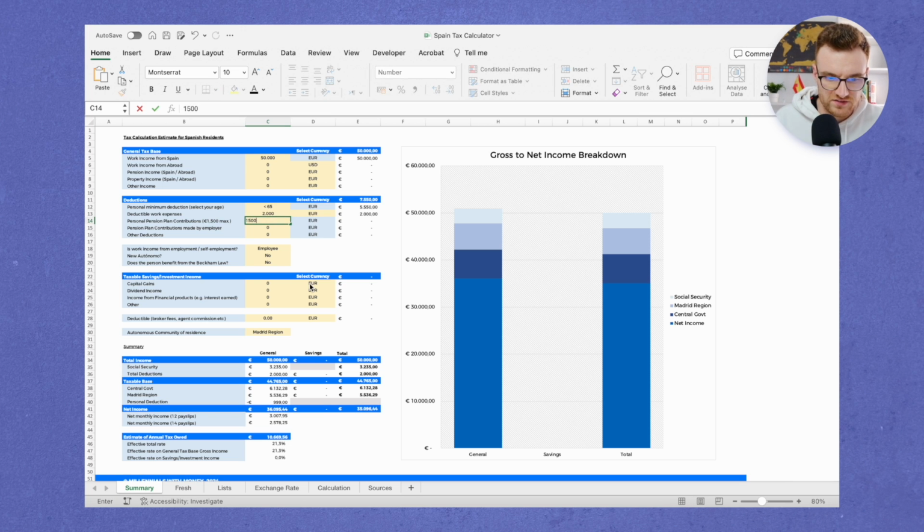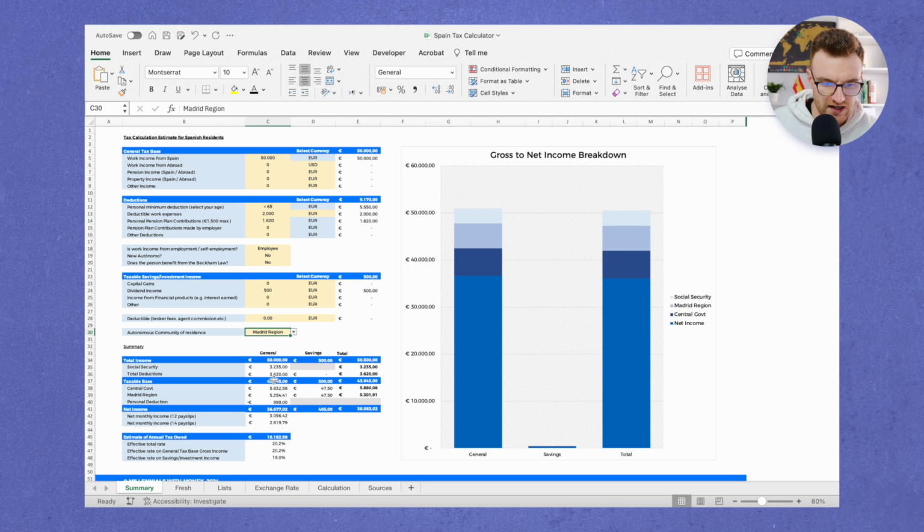They have 1,500 euros of pension plan income, but we said that their employer also contributes a little bit as well. So we have 10 times 12. So they get a reduction of 1,620 on their tax base, and they also have dividend income of 500 euros. So assuming this person lives in Madrid, their total deductions would be 3,620 thanks to the pension plan contributions. This person's net income would be